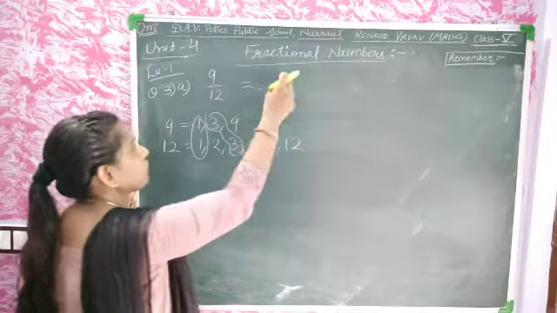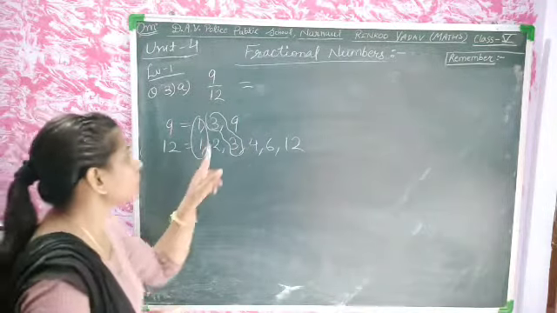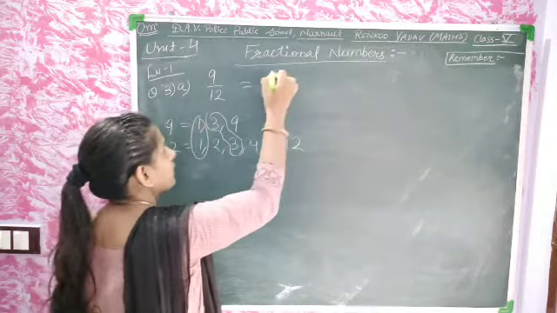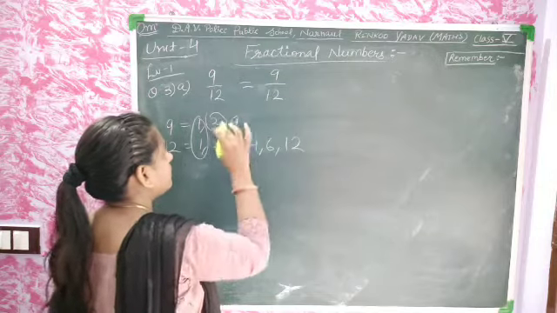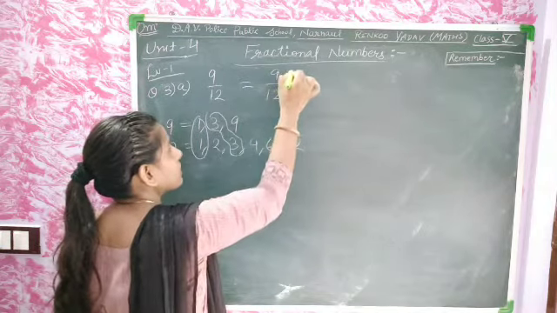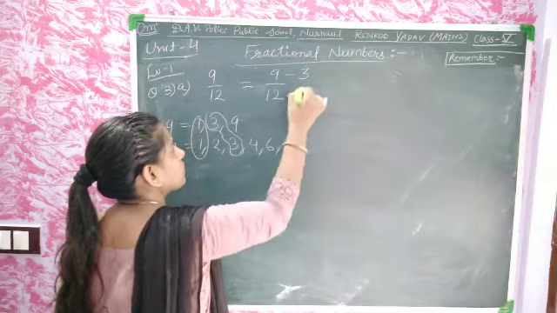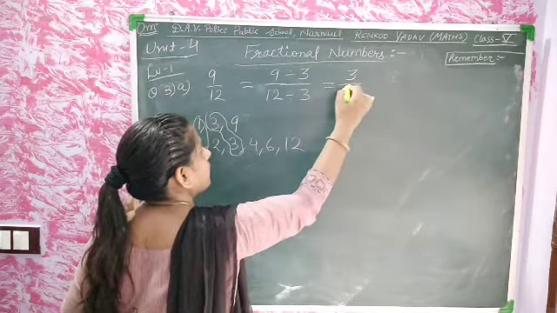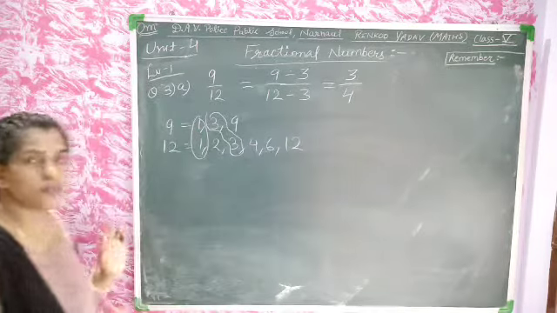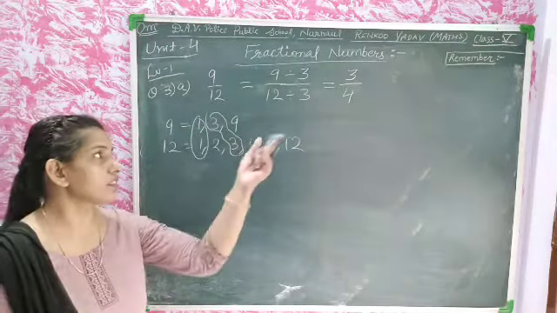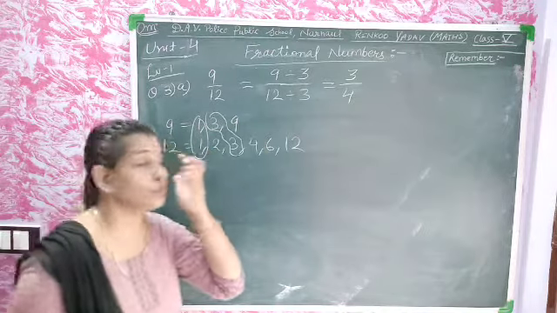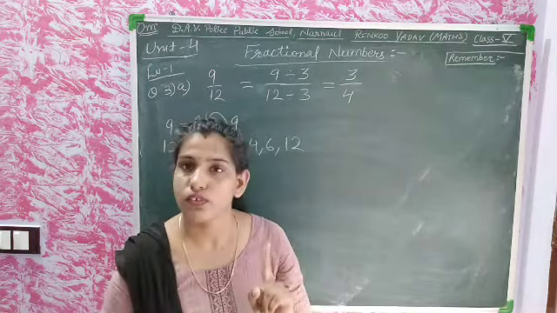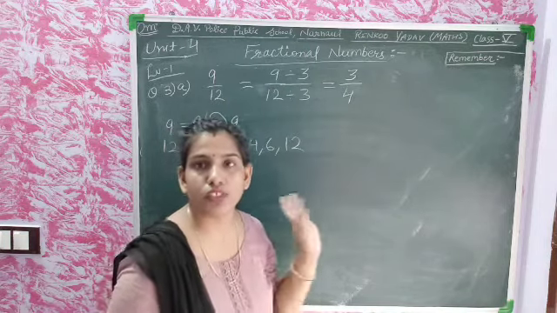It means we have to reduce it into the lowest form. So there is a common factor. Find out the common factor first, the greatest one, for 9 by 12. It is the common factor 3. It means this is divided by 3, and this is also divided by 3. 3 threes are 9 and 3 fours are 12. It will be 3 by 4. It's reduced into the lowest form, and this has the only common factor 1. It means this is in the lowest form.